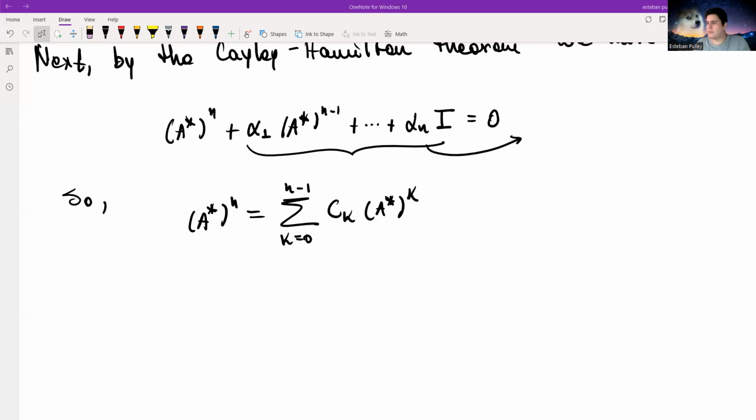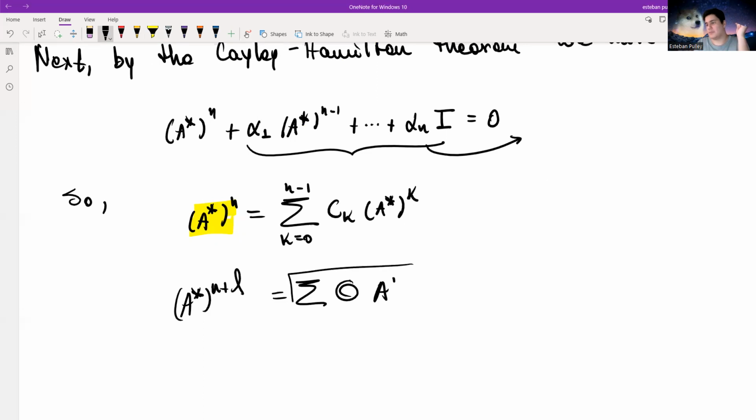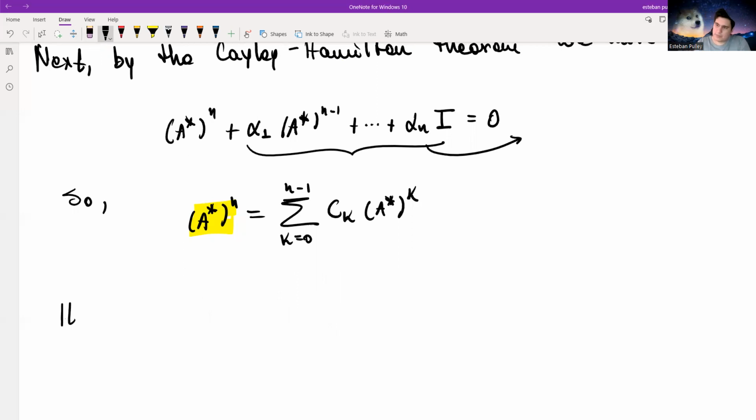Okay. Now we prove something related to this. I have that this is valid for a transpose to the power of n. But I would like to prove that this is also true for any power. That is, the thing I want to prove is that if I take any power of this matrix, it can be expressed as a finite sum. So we consider the following. It's simple, see that